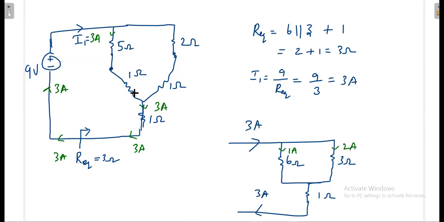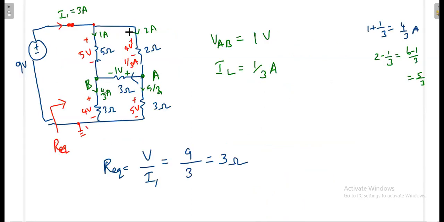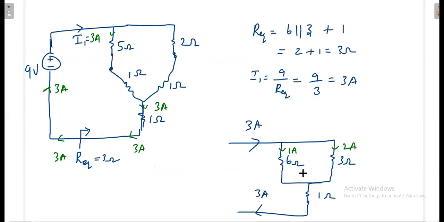Now again we have disturbed the load. Okay, found out what is this current, 1 ampere and 2 ampere. Somehow it has to be same as what you got here, because I have not disturbed the upper portion of the network, only I have disturbed the lower portion. So in the upper portion, the current will remain same, 1 ampere and 2 ampere. Now somehow I will retain the original position. Then I will introduce some small step, then I'll get all other currents also.